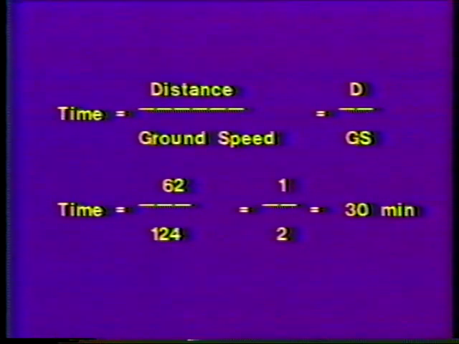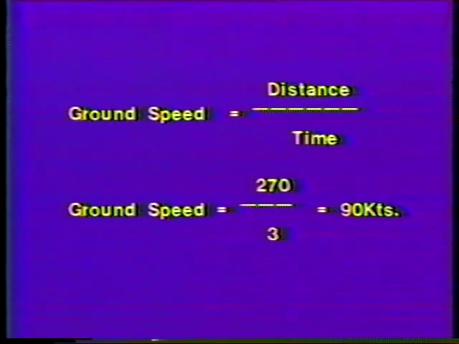For example, if we compute the ground speed for our trip Carlos to Modesto as 124 knots, it will take us 30 minutes to cover the distance of 62 nautical miles between the 2 points. Once en route, the same formula can be used to determine our actual ground speed, compared to the ground speed calculations based on the forecast winds. Let's try another trip.